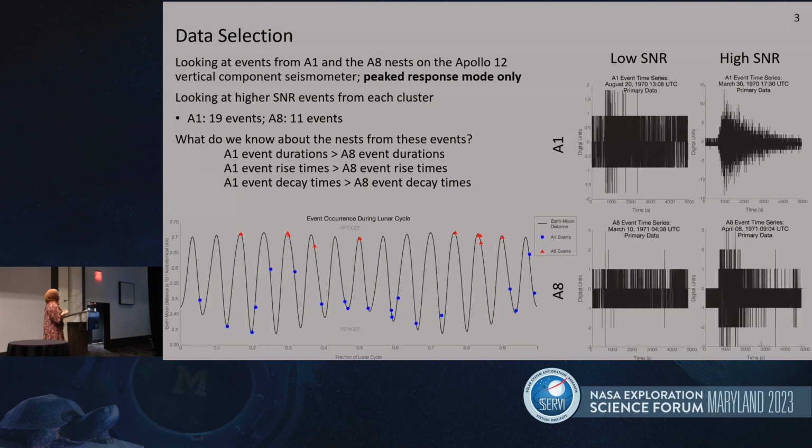The data that I'm looking at are events from the A1 and the A8 nests. So these are the 2 largest nests that we have in the current lunar seismic record. I am looking only at the Apollo 12 vertical component. So I'm looking at 1 station and 1 component. And I'm also controlling for the response mode of the instrument to control as many factors as possible. The other